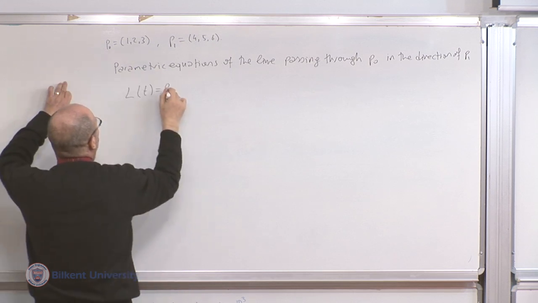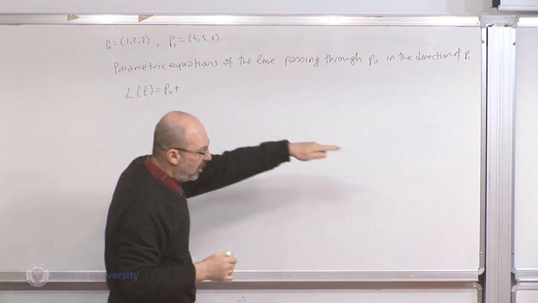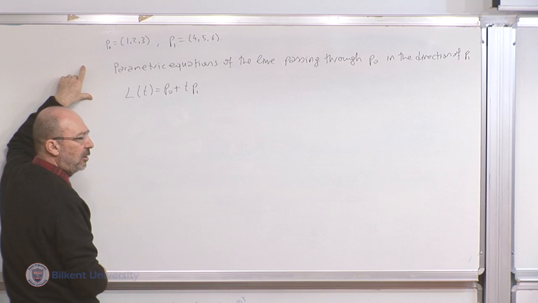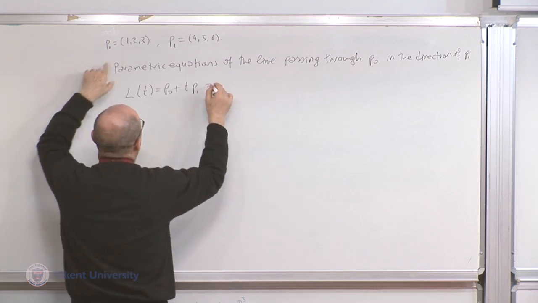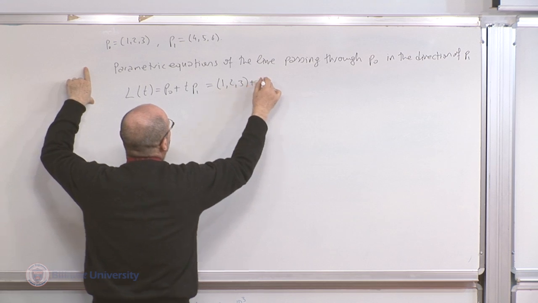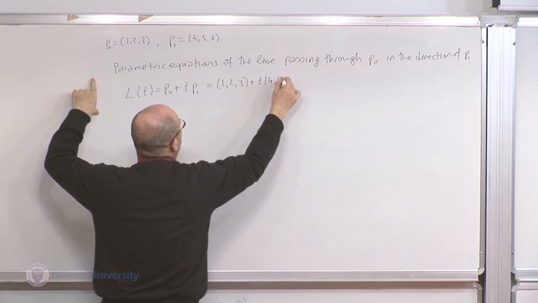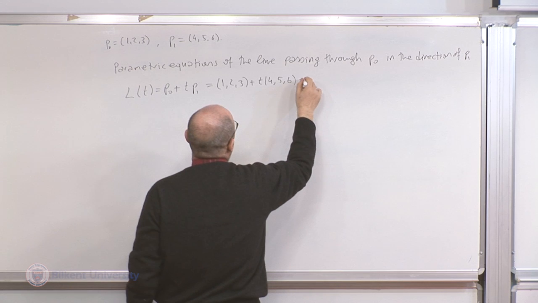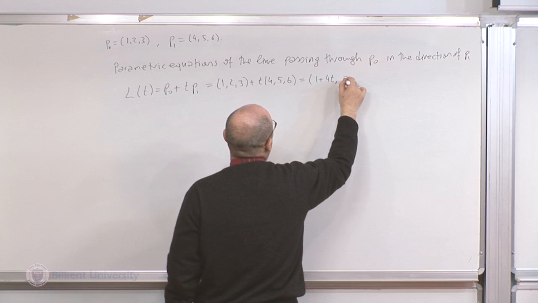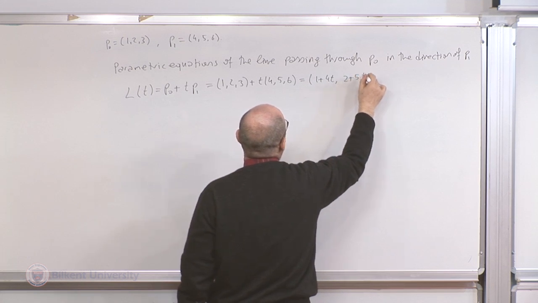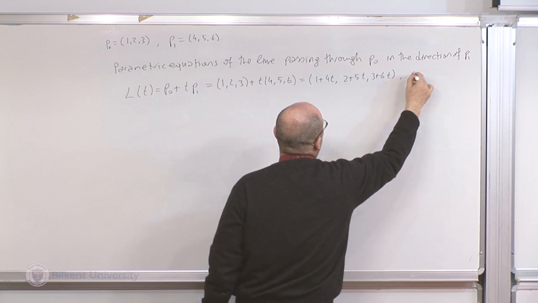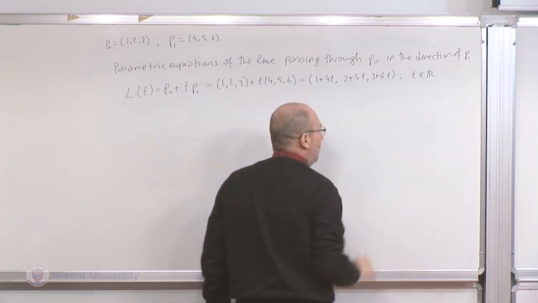First I go to P sub 0. Now I'm deliberately writing the same expression to show you that nothing changes. So now I can work out the numbers: (1, 2, 3) plus t(4, 5, 6). So this is equal to (1 plus 4t, 2 plus 5t, 3 plus 6t),